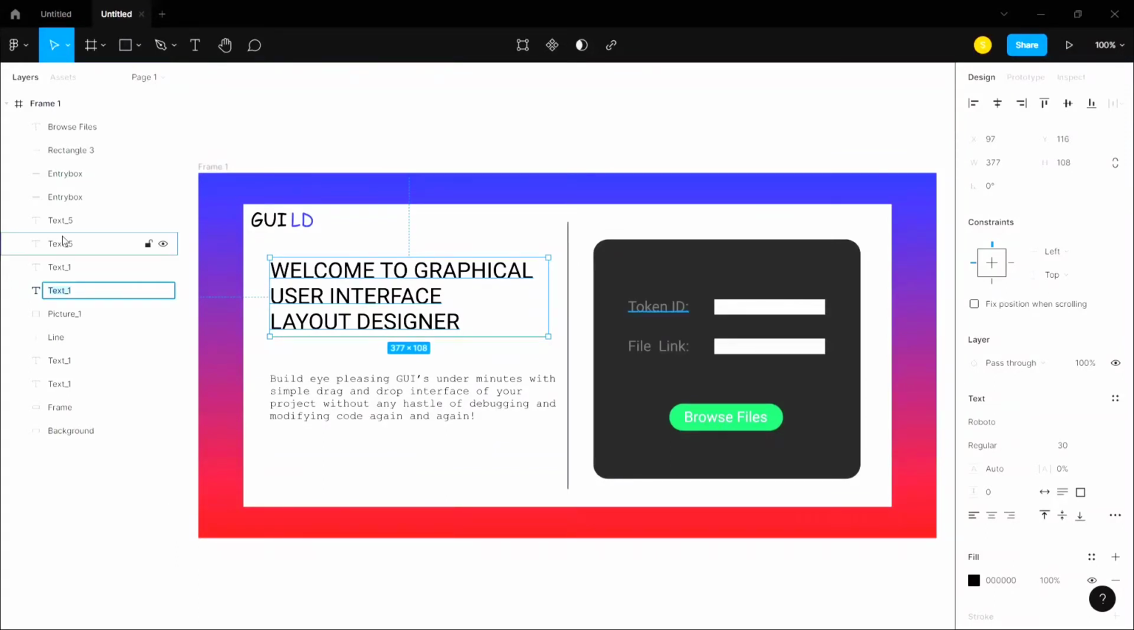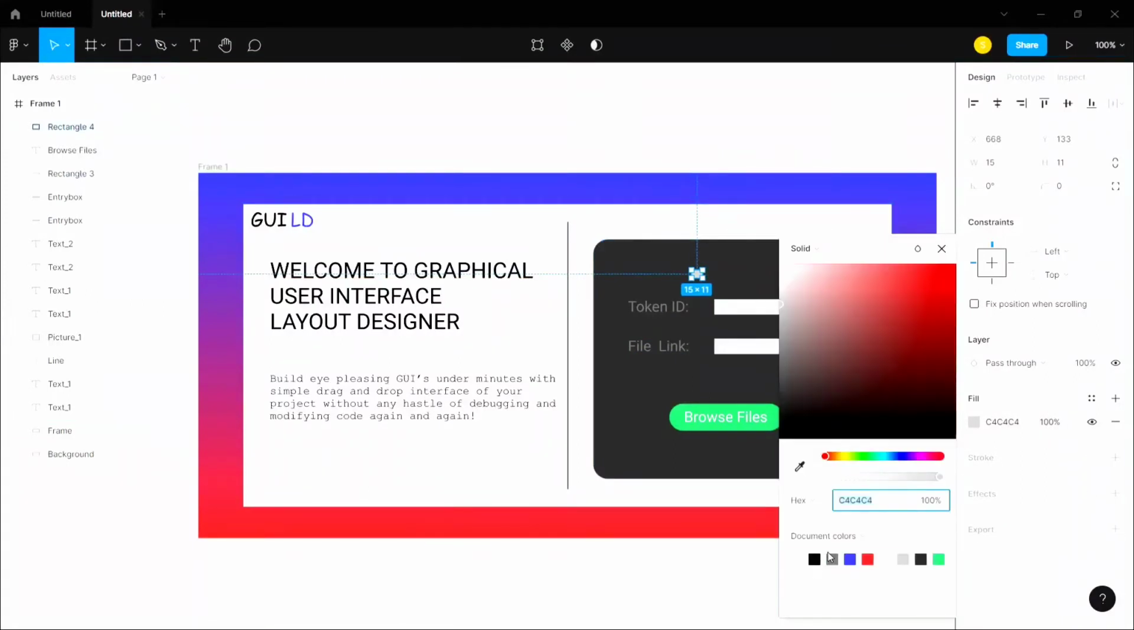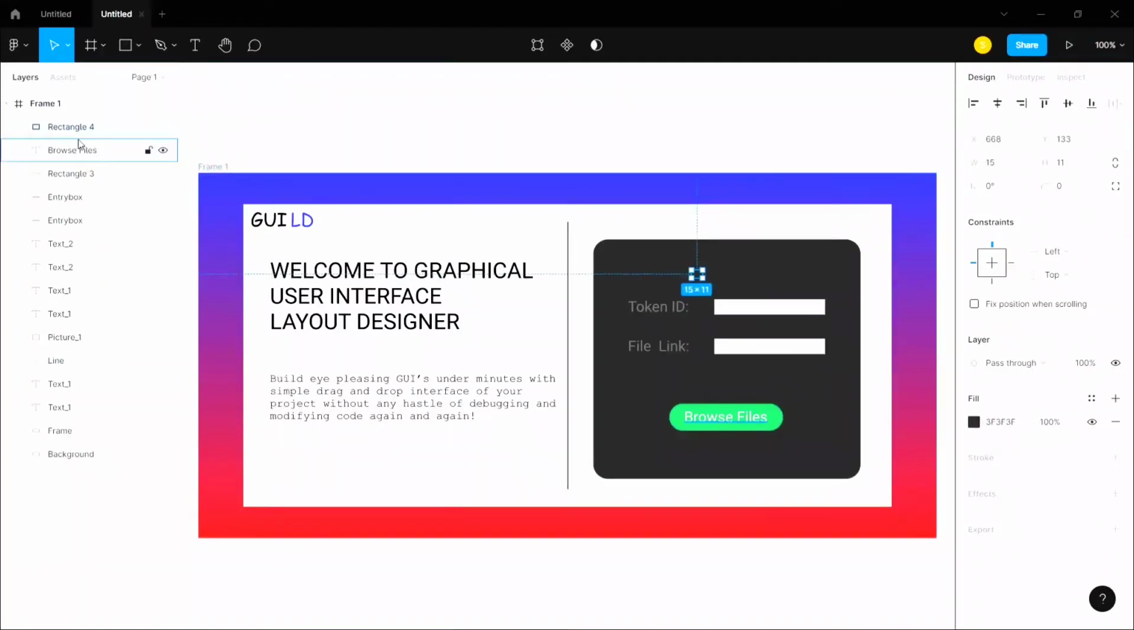We can also give it the name text 1, text 1. Yeah, this one should be different. Text 2, and then text 2. Now you need to create a rectangle, a small one. Now just give it the same color as the background, and then name it as text